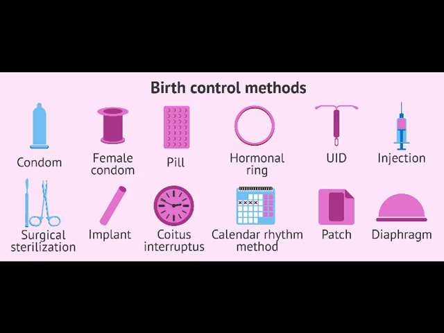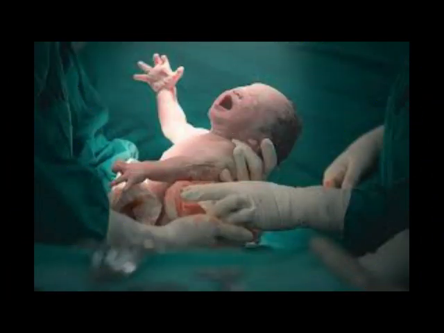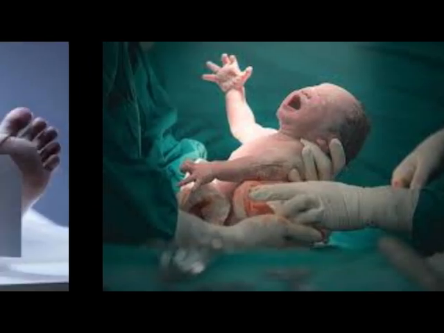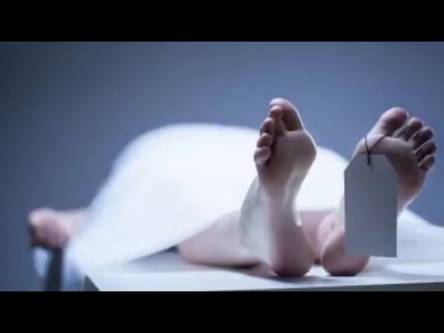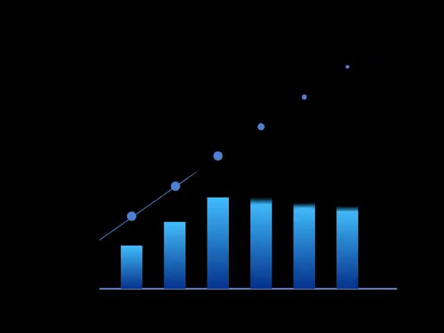See children, the number of children born per day, per second, per minute, and in the same ratio, deaths also occur. If the balance between them is not manageable, then it will slowly and decisively result in a maximum number of population, which will hinder the development and growth of a country. So birth control measures are to be taken.